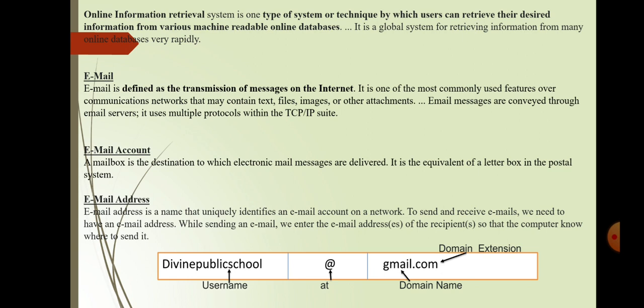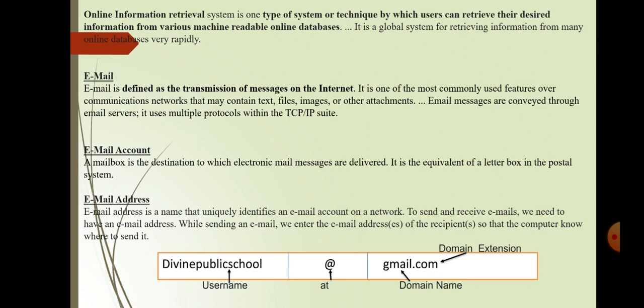An email address contains some components. If you observe this particular figure, then you might understand. The first component that we need inside an email address is the username. This username must be unique for every individual user. Through this username only, your email accounts are separated at the server side.